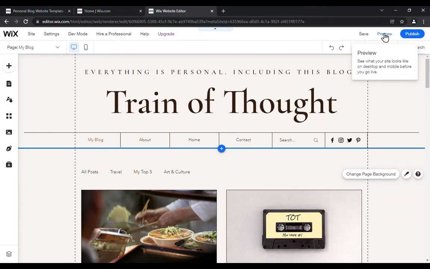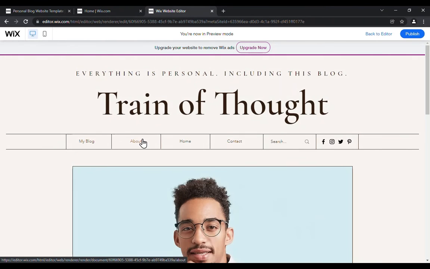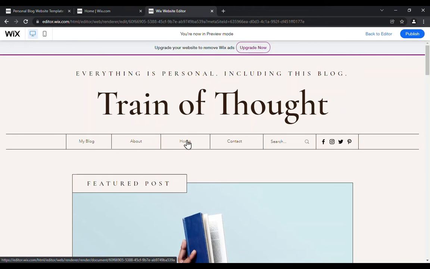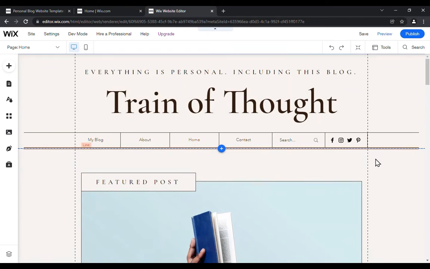So I'm going to go to preview mode. And yes, so now I'm going to click on this My Blog tab. And as you see, it kind of faded from that first page into the other. We can take a look at that. If that's something that you don't like, we can definitely change it to something different, or we could take it out altogether. So I'm going back to the editor,